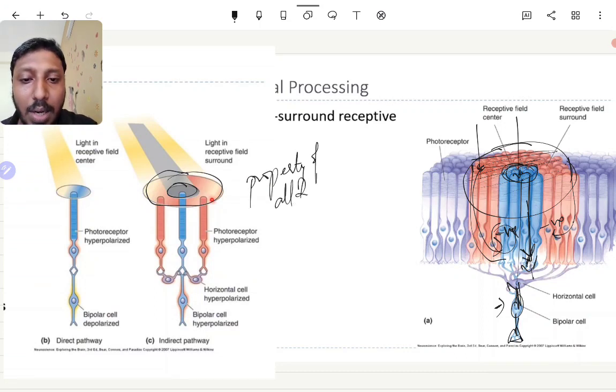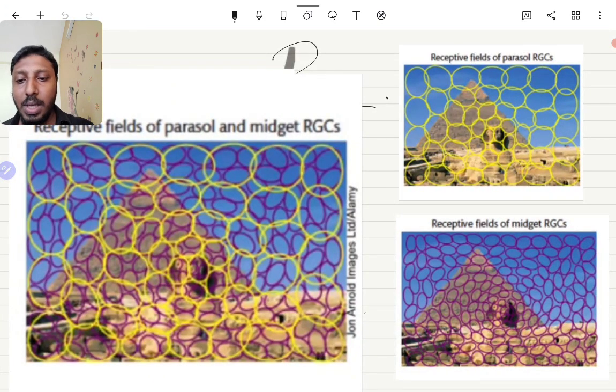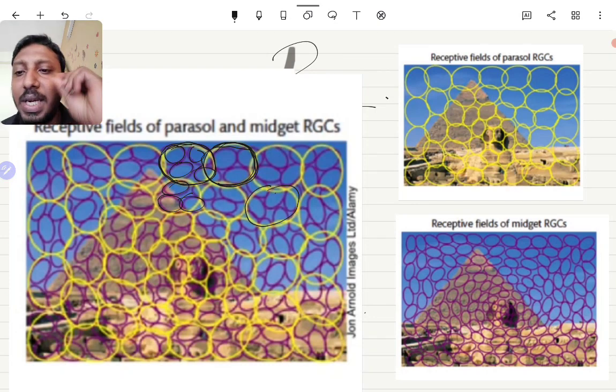of all retinal fields. You might think edge detectors are in one place and motion detectors in another. No, they are all present. Let's look at this picture. There are huge receptive fields for certain ganglia, marked in yellow, and they overlap. These might be motion detecting cells. On top of that there are small violet receptive fields, which might be for small edges and fine detail.